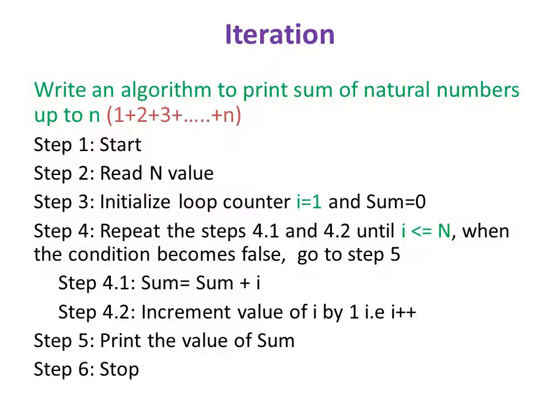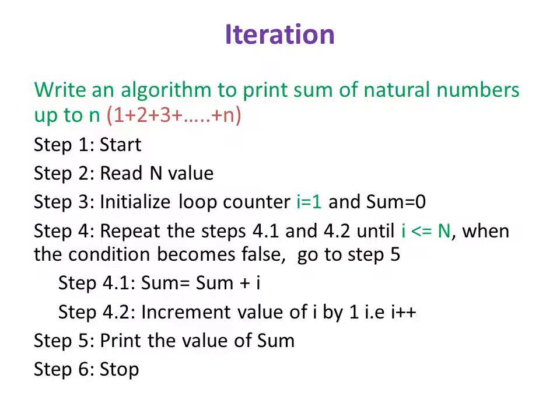So here I am using the addition operation, sum is equal to sum plus I. That is, I have to add 1 with 2, then 2 with 3, then 3 with 4. Likewise, I have to perform some repeated addition, so I am initializing the sum as 0. Then I am adding the values one by one.